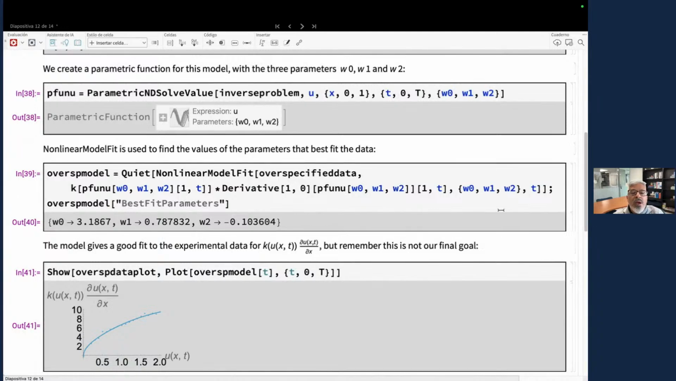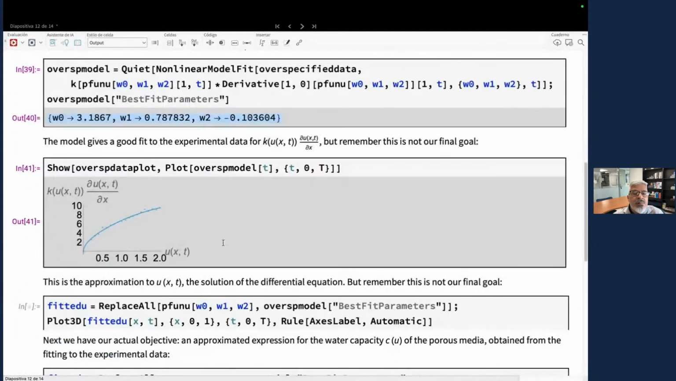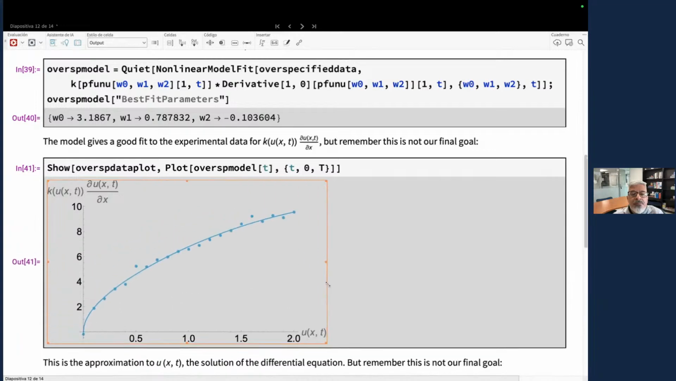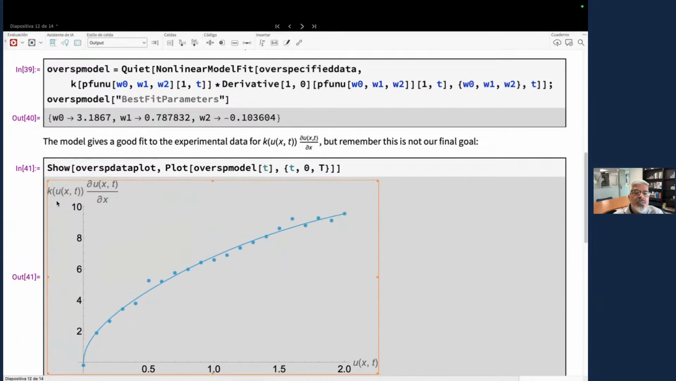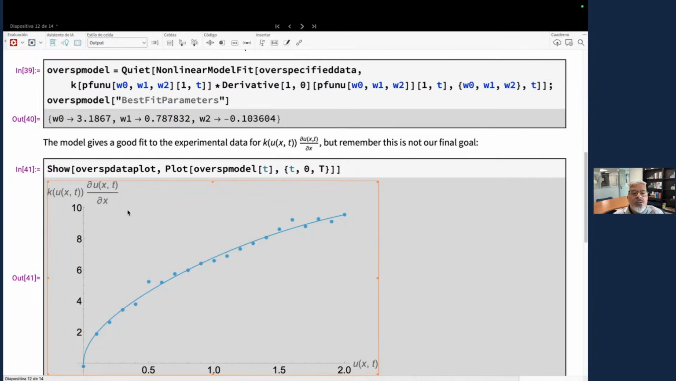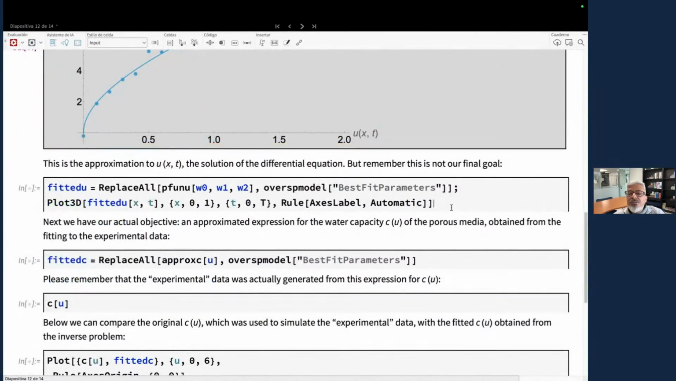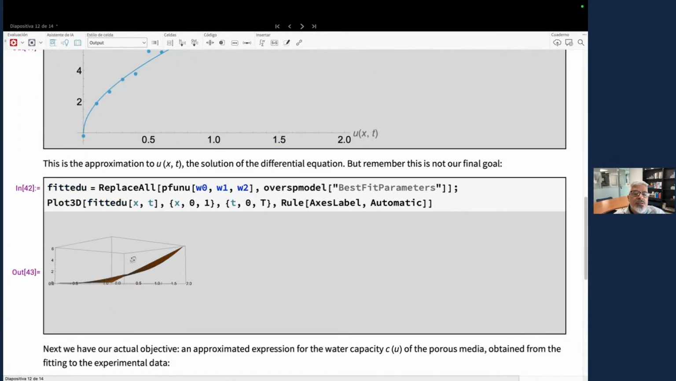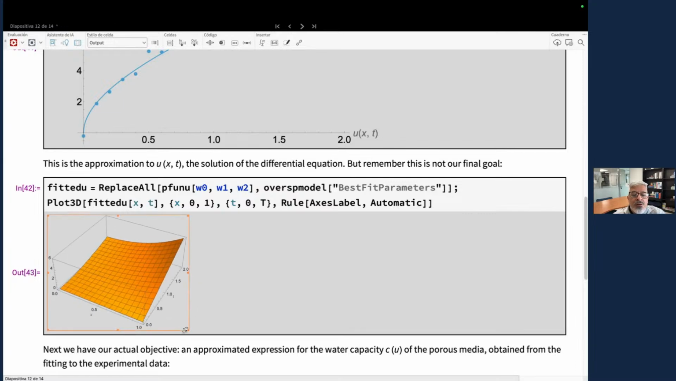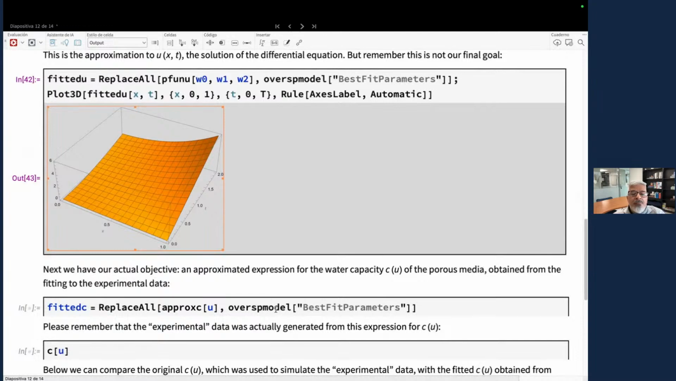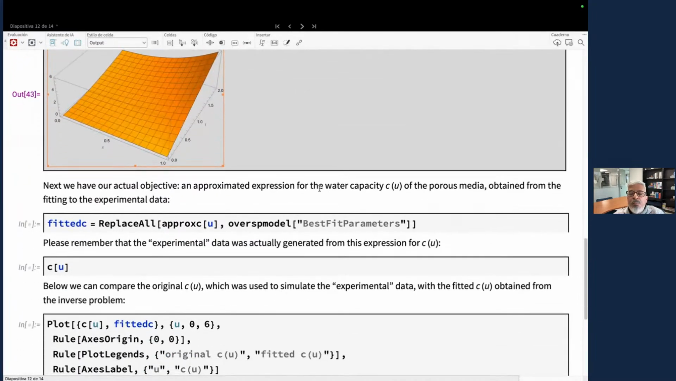There we go. So we have here the values of the parameters, and here we can see that we have a nice fit to our data for the flux. Now, remember that this is not our final goal. We were fitting to this data, but actually our goal is the water capacity. We can also see the solution of the differential equation, similar to what we saw before in the corresponding direct problem. But the real thing that we are interested in is the water capacity of the porous media. Now,